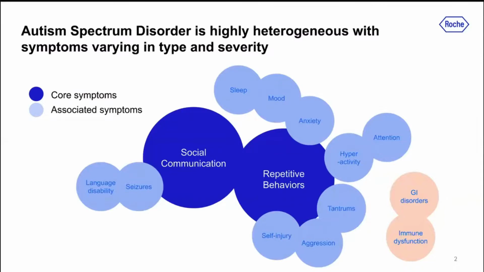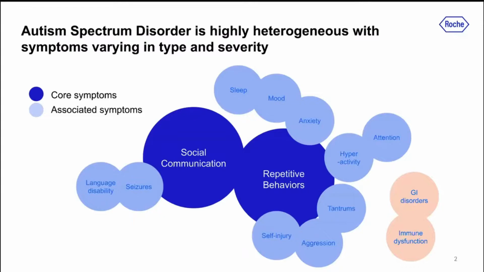But then you have the core symptoms of autism, or the core diagnostic criteria according to DSM-5, in these two dark blue circles in the middle. That includes social communication impairments, which can include the way that people speak in terms of their expressive communication, also their receptive communication, and then also their social deficits: how they interact with people, do they avoid social situations, how do they behave during social situations. So even within one of those core criteria, there's a lot of heterogeneity of different types of social communication